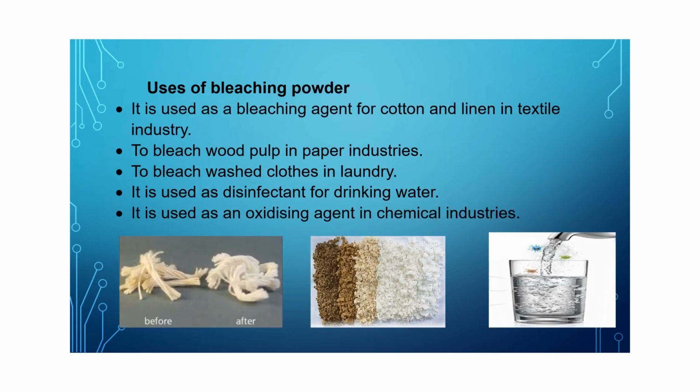Uses of bleaching powder. Let's quickly discuss some uses of bleaching powder. It is basically used as a bleaching agent for cotton and linen in the textile industry. So what exactly is bleaching? Bleaching means removal of color. So whenever we want to remove color from any